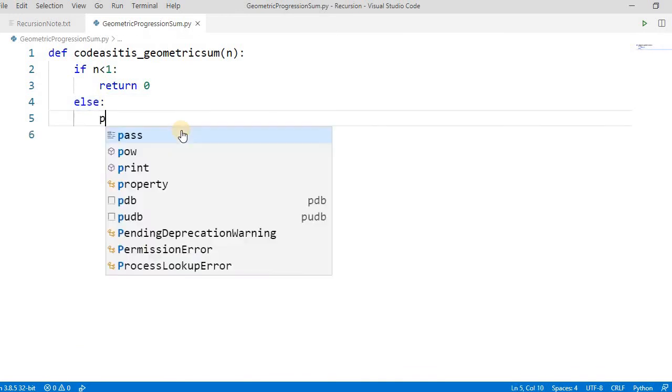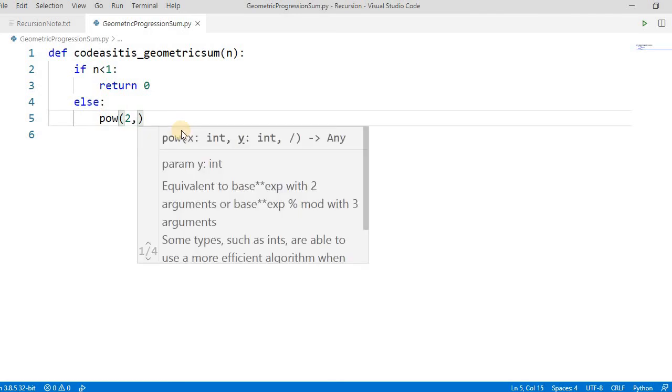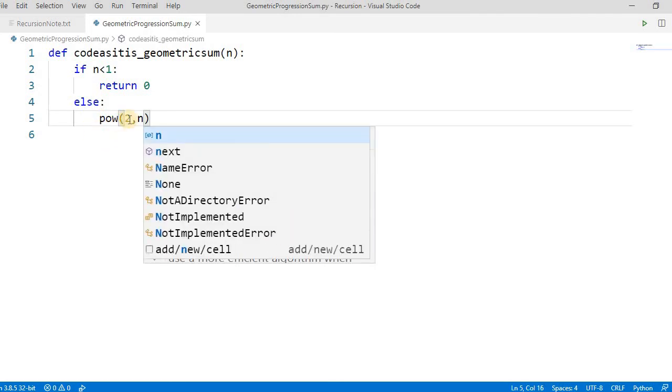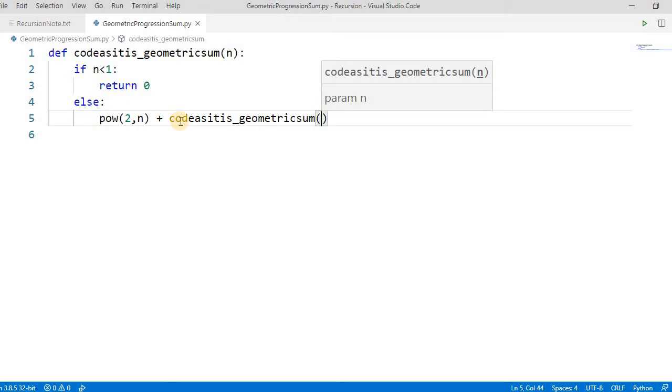Else we have to take the power. Power is a method which gives the result of 2 to the power n, right? And then plus we have to call the method again with the one lesser number. Simple.